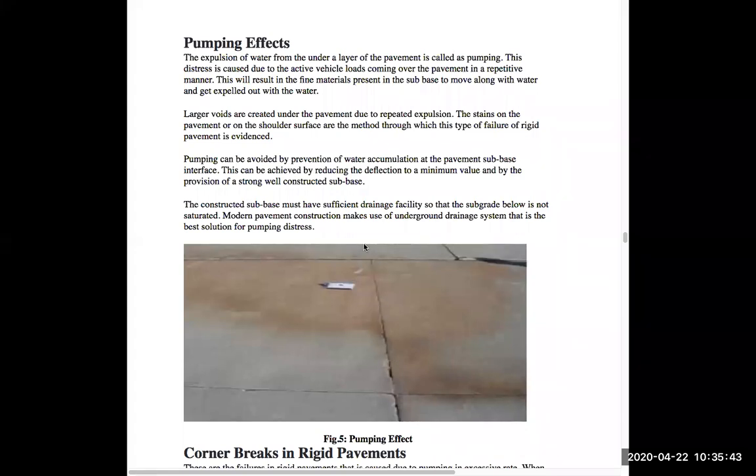The water comes out of these particular joints, and you find the stains on the CC slab. And there will be no support on the below layer. This is one of the major failures found in rigid pavement.